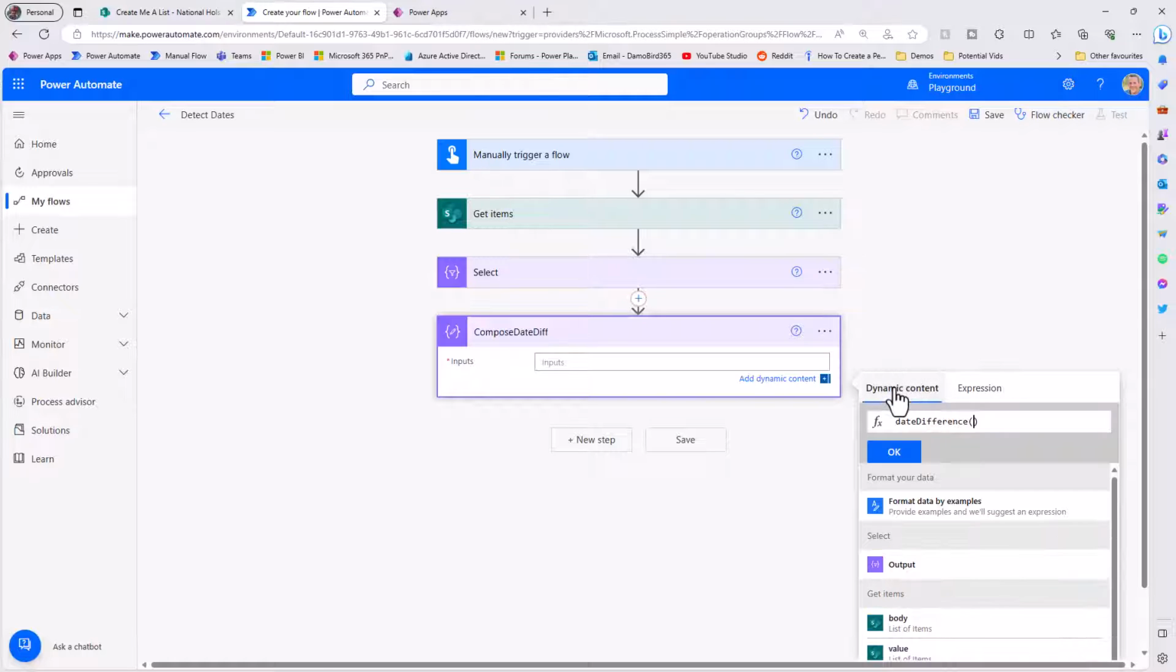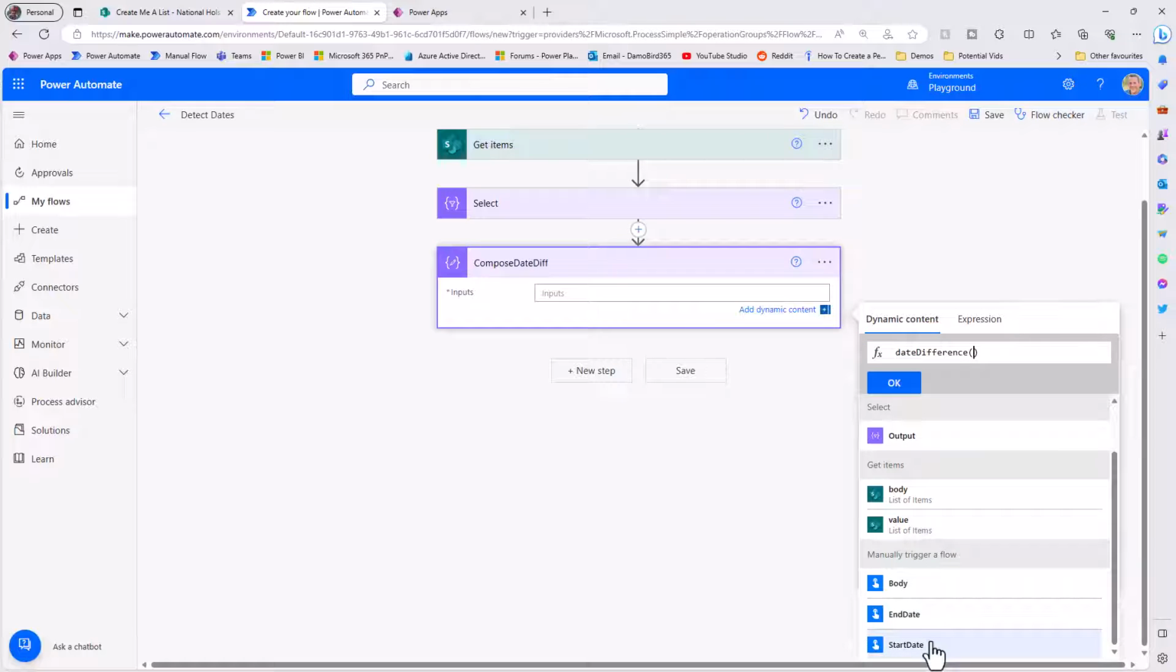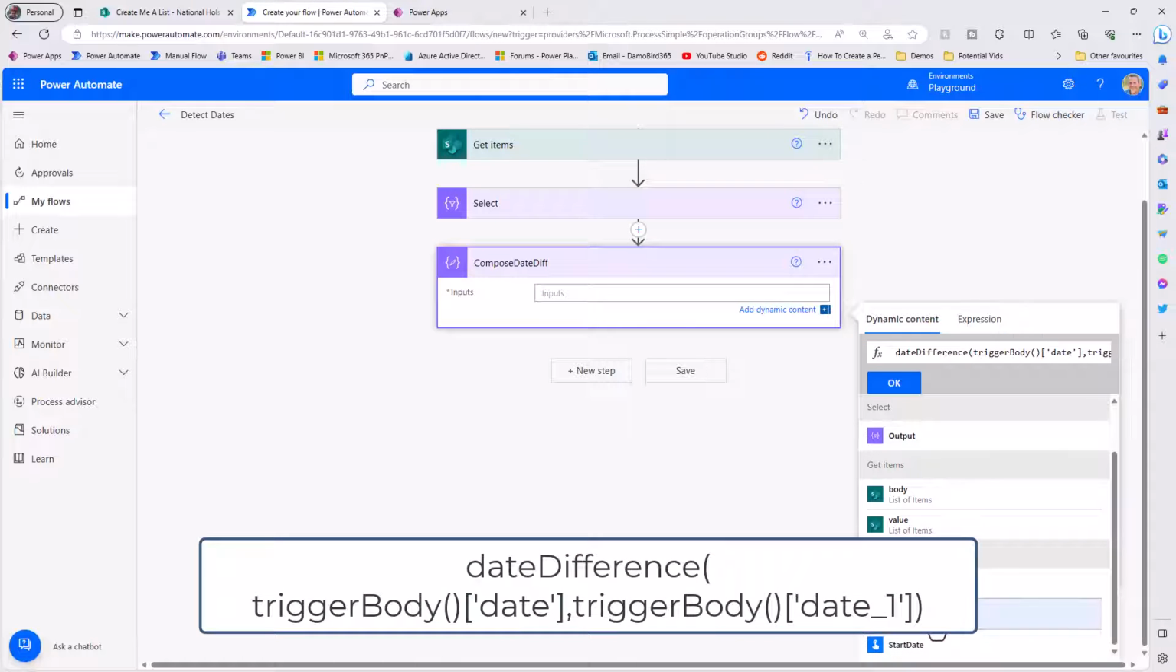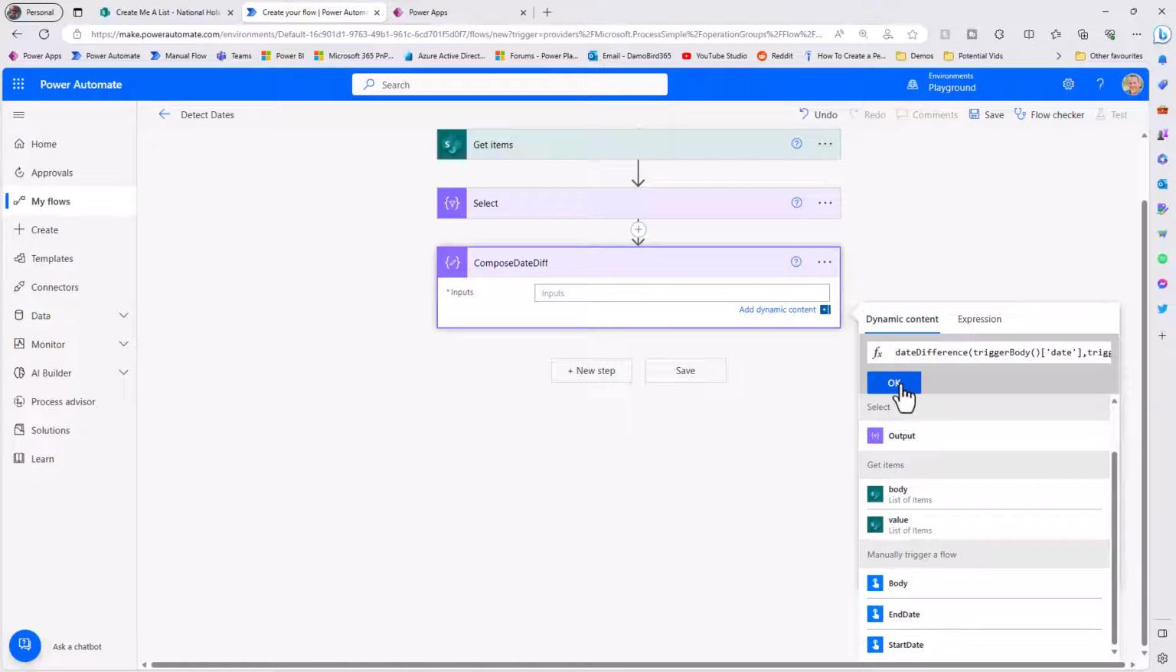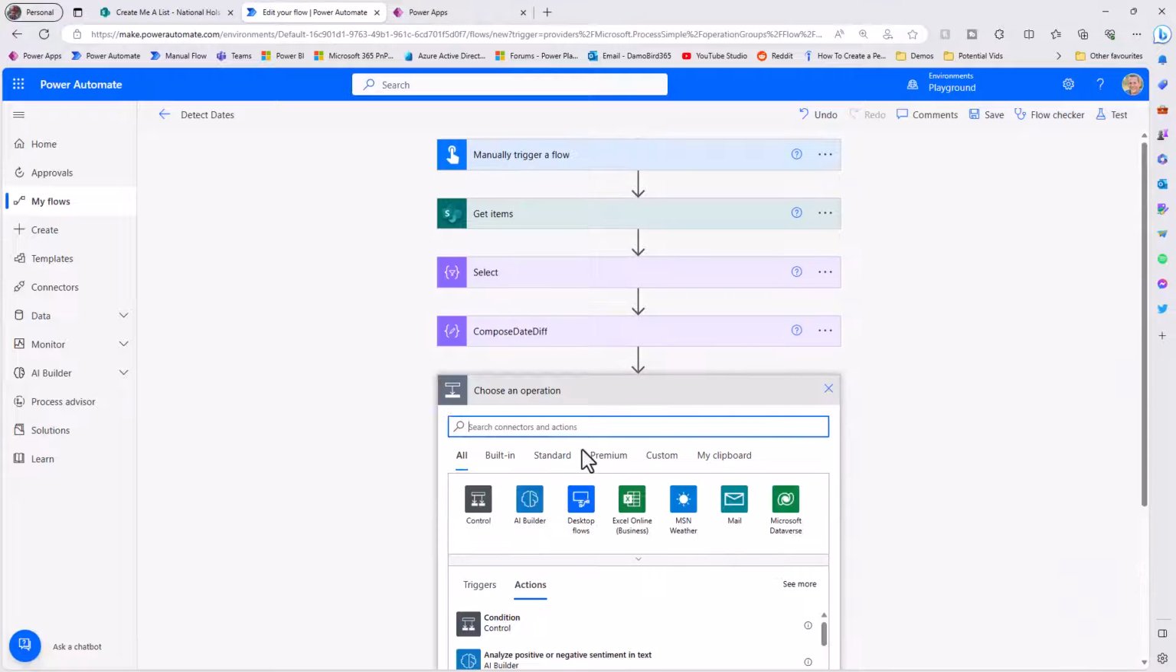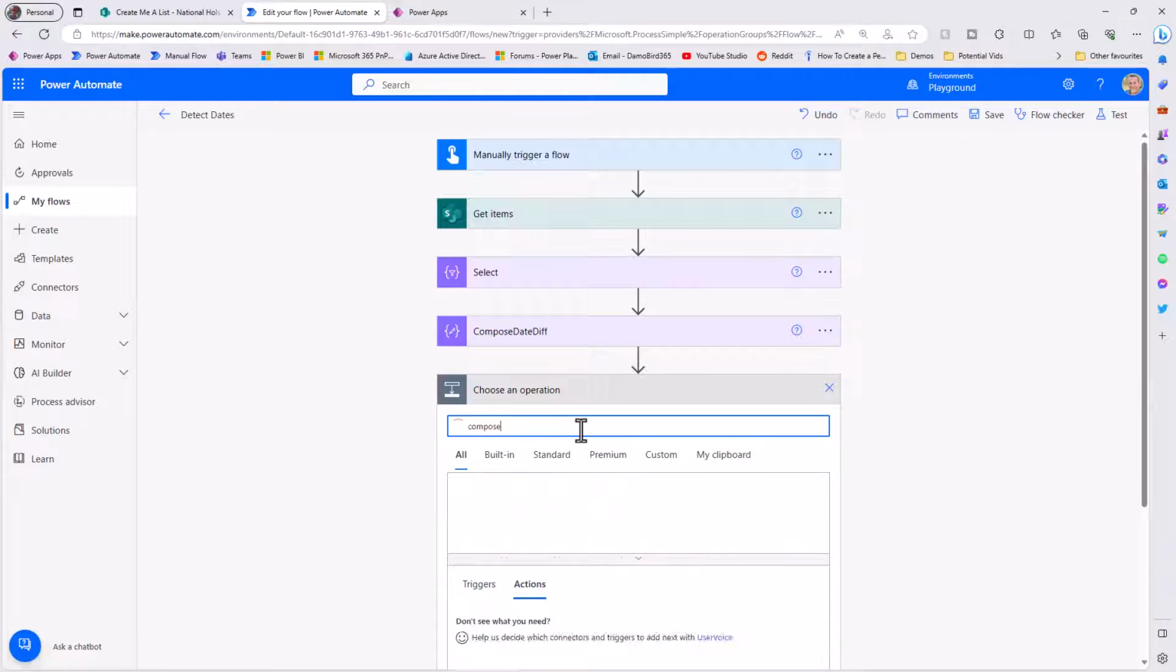We'll go into the dynamic content, and if I scroll down, hopefully we can see the start date and then the end date, and that should give us not only the number of days but also the number of hours, minutes and seconds. But we will remove the hours and minutes and seconds because all we're interested in is the number of days. So I'll hit OK, and then finally I'm going to add in another compose,